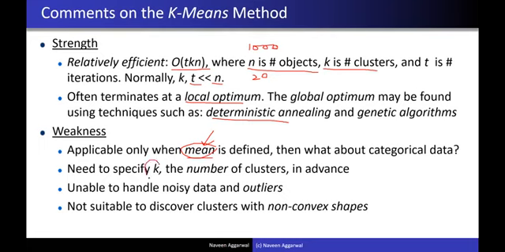Further, the specification of k is very tricky in certain domains. In advance, it is very difficult to say how many clusters there should be, and people do hit and trial with different values of k to get a good approximation. Since we are taking the mean, it cannot handle noisy data, because noise will ruin the value of the mean. It will change the value of the mean, and our overall output will be affected, and even outliers will affect this algorithm.